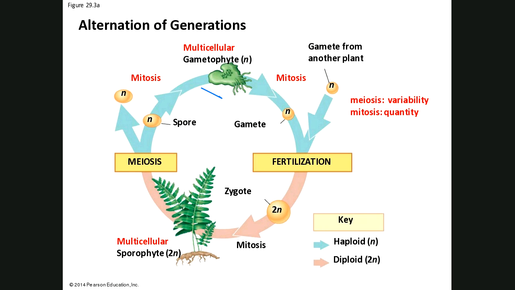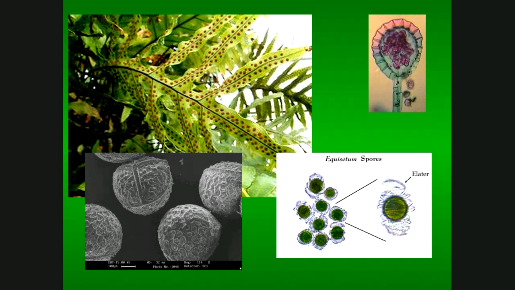All right, so let's take a look at some of these spores that I've been talking about and their durability. I showed you the other day in lab, on the back of a fern frond in the upper left, those little dots. Those are sori, and those sori are sporangia. So that's where the spores are being made. Inside of those sori, in the upper right, there are these little capsules, and the little purple things are the spores. There's a bunch of these little sporangia in each one of those brown dots. Those sporangia each make a bunch of spores.